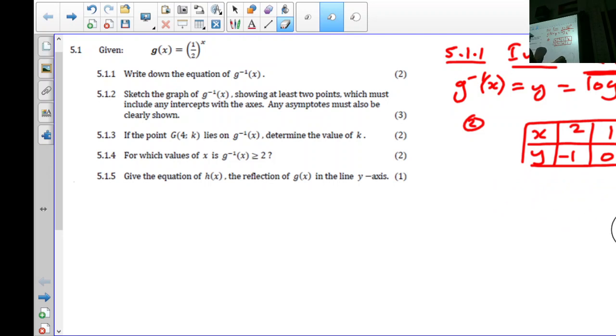Why don't I put it where I see x? Because these conditions or the restrictions on the log graphs, there's a lot of theory. You must remember that the x can't be negative and all of those things. So this will make it easier for you to remember. So if we draw this graph,